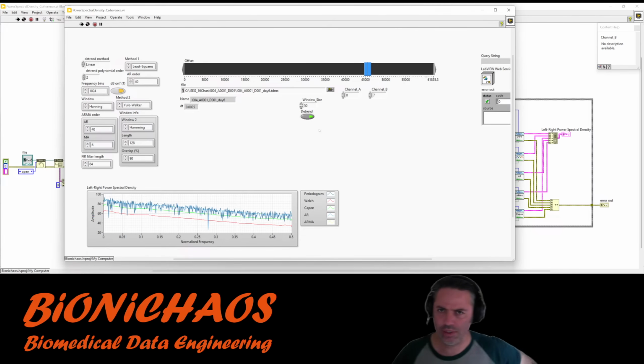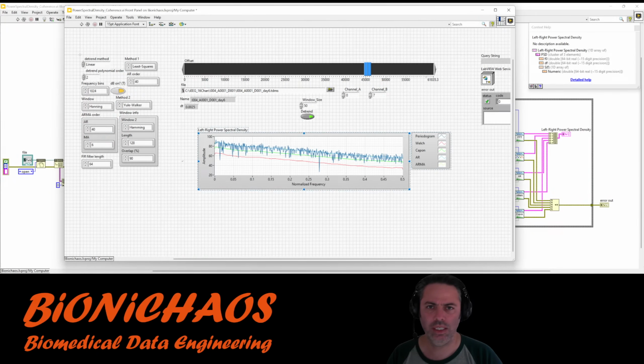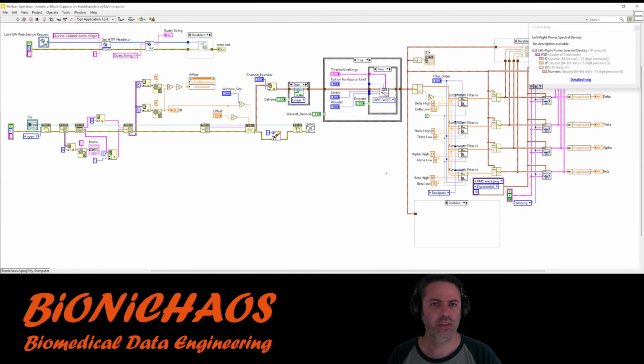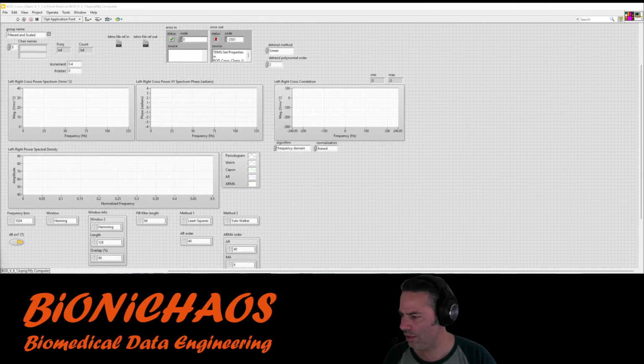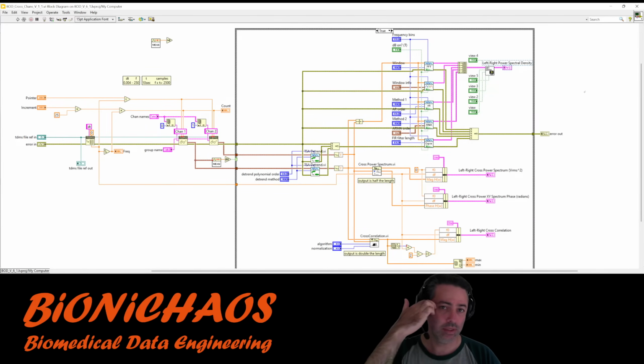The channel perspective. Right. Then we also add the file, this stuff, have cross power spectrum, cross correlation.